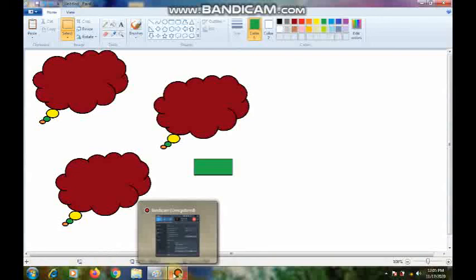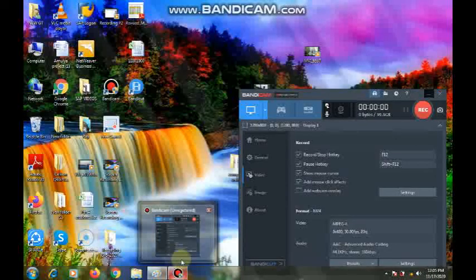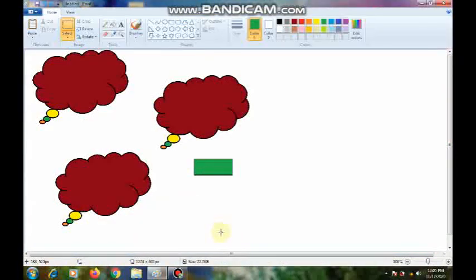You see, the skew command is used to twist the drawing in the horizontal or vertical direction. Follow these steps for the skew option. Select a drawing or a part of the drawing. Click the resize option. The resize and skew dialog box comes on the screen. In the skew area, type the amount to skew the selected area of the drawing in the horizontal or vertical boxes. Click the OK button, you will get the skewed drawing.